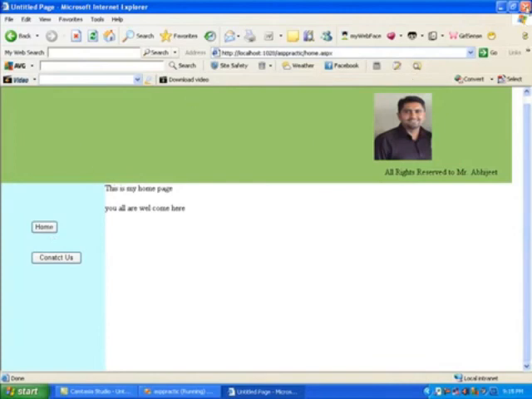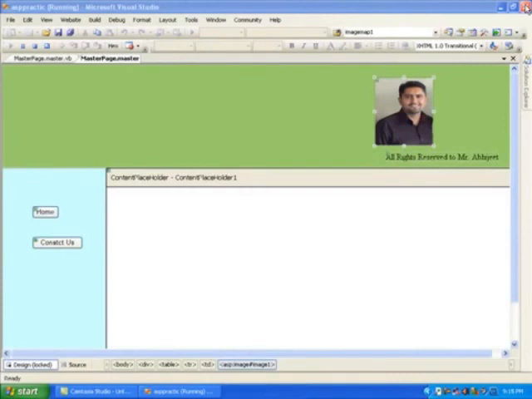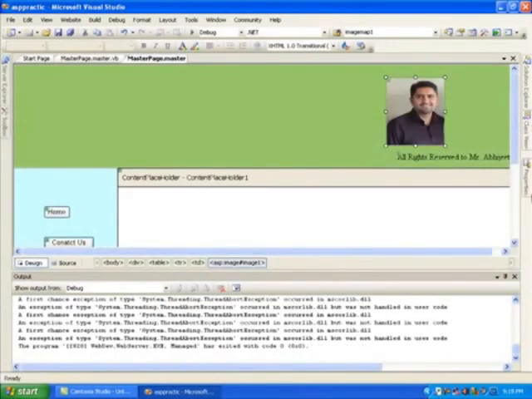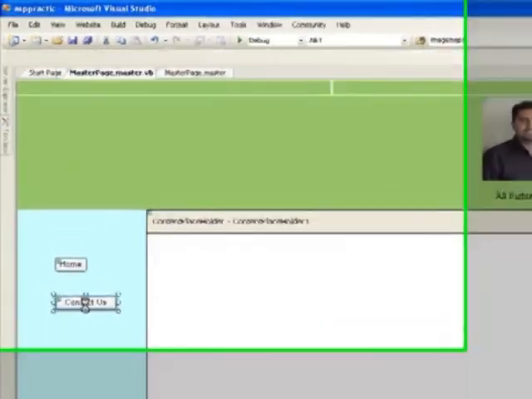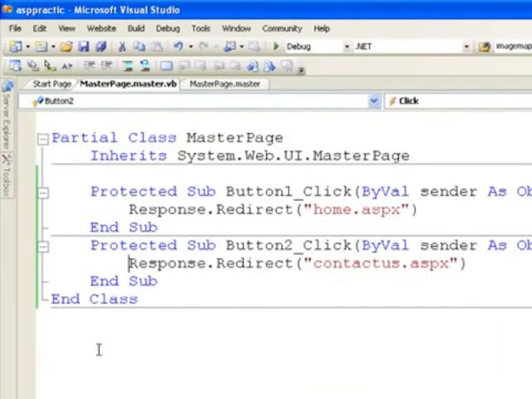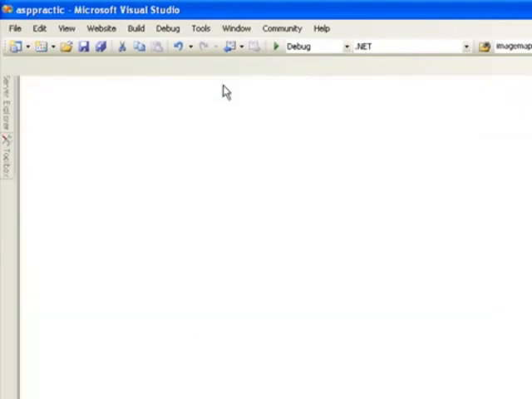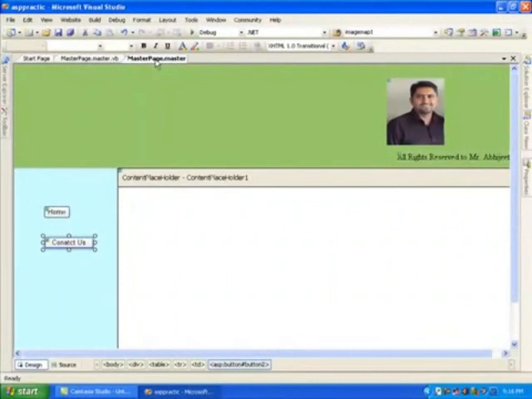By this you come to know, in the process of ASP.NET with multiple web pages, how we can take a copy of the master page to the transaction page, what the use of the content placeholder is, what the use of the transaction page is, how we can use the button click event, and how we can open another page. This is the Contact Us button's click event. In that, Response is my class and Redirect is my method, and by this we come to know how this small but very effective website is created in ASP.NET 2005. Thank you very much, all of you.